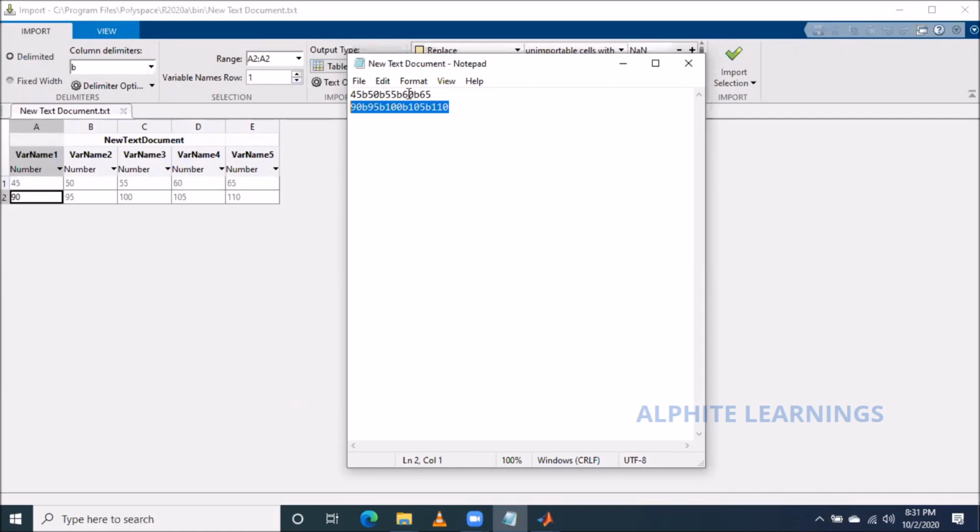If you are using something like 45 space 50 space 55 space 60 and then space 65, and you use a space, it counts as a void or an empty value you're going to enter, right? Visually we can't see whether a space is there or not. So it is better to use some characters between the elements as delimiters.